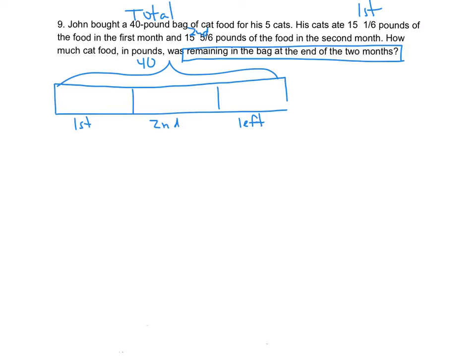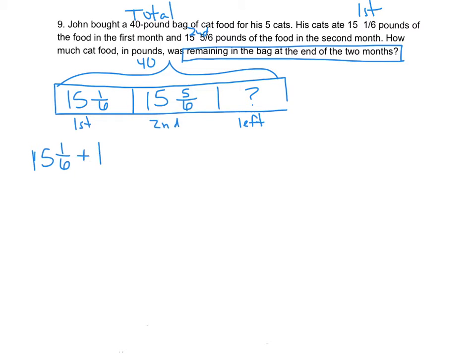So first month I had 15 1/6. Second month I had 15, I blocked part of my number, 5/6. I have no clue how much is left over. So, I can do this 2 different ways. I'm going to do the first way the way I think most of us do, which is using addition first. And it's perfectly fine. So we're going to do 15